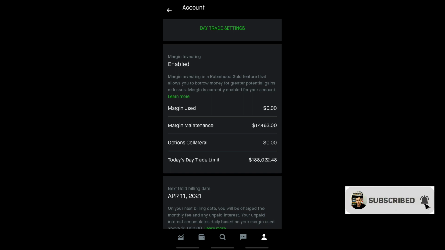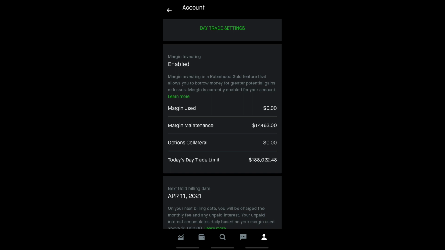Once you get a margin call, which is just a message that will come to you if your account drops a lot below the margin maintenance, then Robinhood is basically saying, hey, you need to pay us back, or else if you don't pay us back within like 3 days, we're gonna sell some stocks that you have, or some options or whatever,